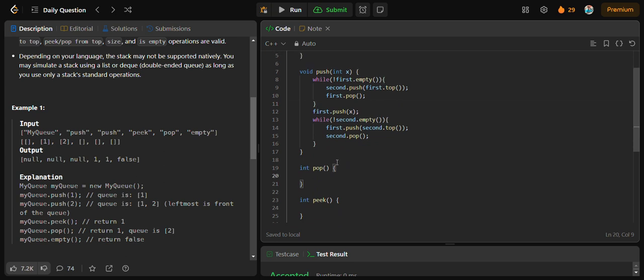And for the pop operation, we will simply take a number from first, so first dot top,